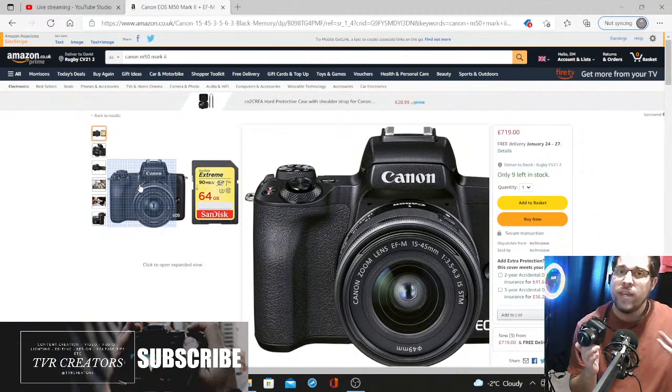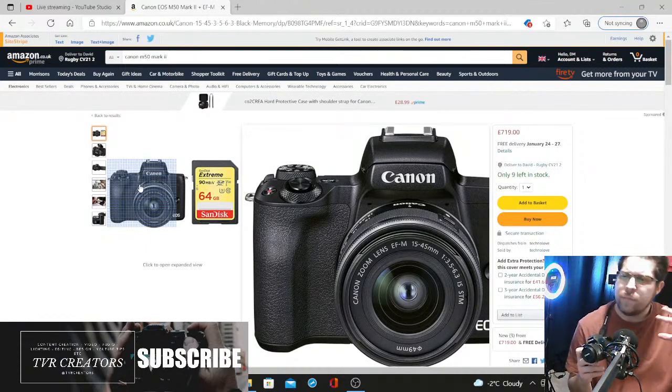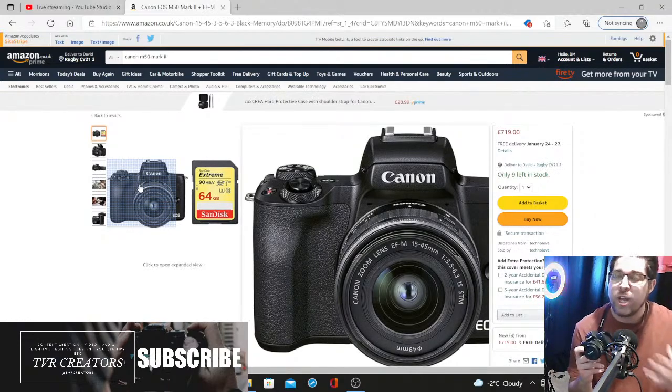Now I'll be brutally honest, you can get some great second-hand deals on Canon, or you can buy it outright. Obviously you can pay monthly and stuff like that. On Amazon there's always great deals. Power tip, I would always check for 2-3 days in a row to get a rough idea of price. This camera is roughly about $600-700 depending if you get extras or not, but just bear in mind the price changes on a daily basis. Once you get a rough guide, just click on the day where it gives the best value